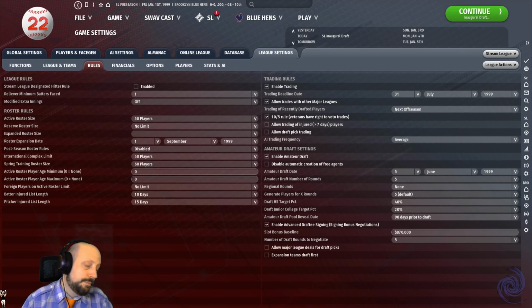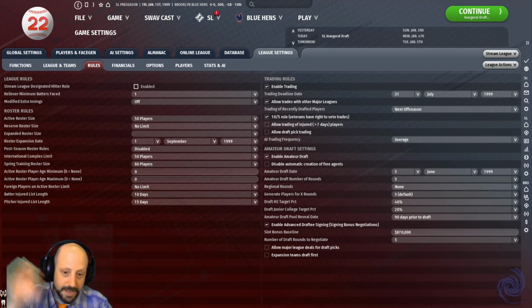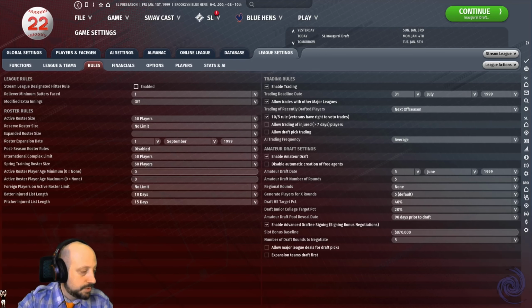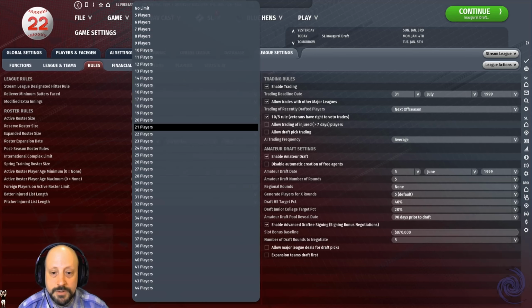50 players. The maximum, I believe, is that the maximum? Yes, so 50 players is the maximum. Again, we're not doing minor leagues. We're not doing transactions, with the exception of off-season trading. So we'll do that. Reserve roster size